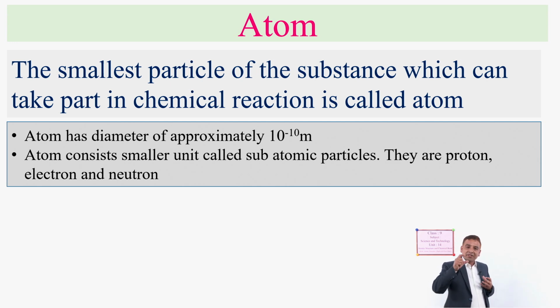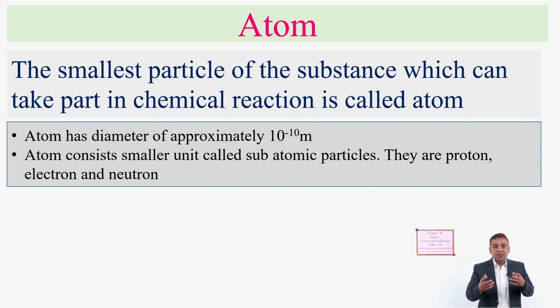So, what is the size of an atom? We have to talk about this. As you know, a spherical or circular substance has a diameter as well as a radius. The atom has a spherical shape. If it is considered as a sphere, then it has a diameter of 10 to the power minus 10